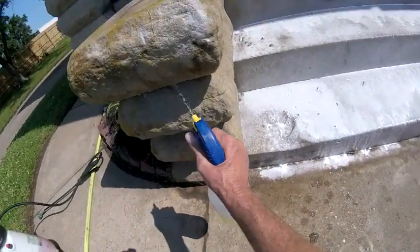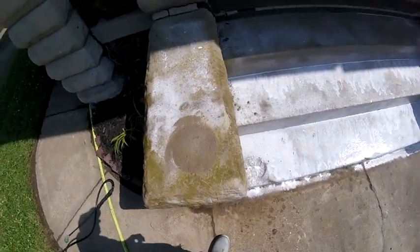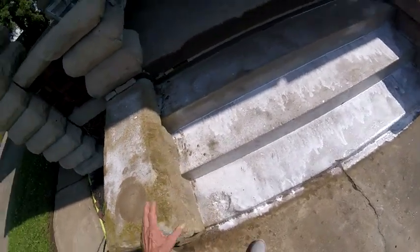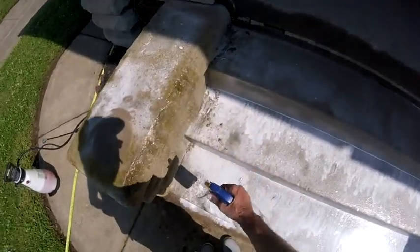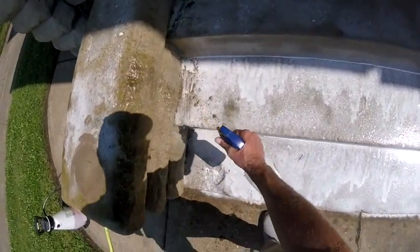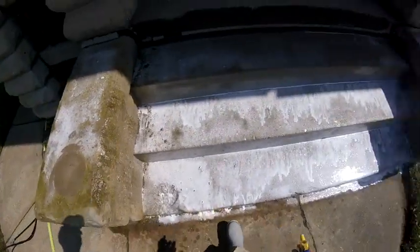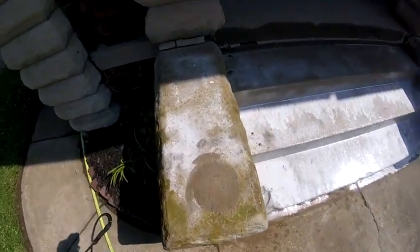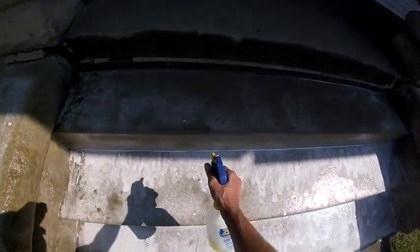Now, when you have that orange algae, you're going to need pressure to get that off. So even with all this on there, I'm going to put pressure on it, clean it up, and it may take another post treat and or pressure wash. So now if it's just the black and brown, you can put that on, and sometimes it just takes care of the whole issue. See, there's a little spot right there,